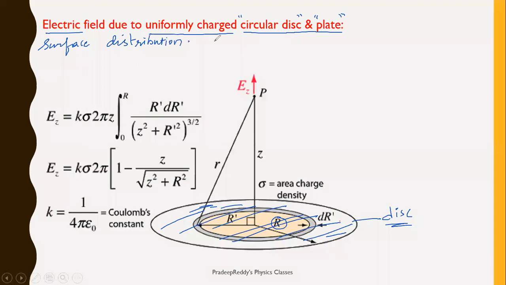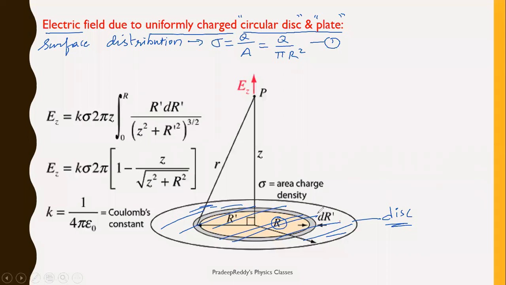In case of surface distribution, we will be using sigma, which is equal to the total charge capital Q divided by its area of cross section, A. As it is a disc, the area will be equal to Q divided by pi r square, right? This is equation number 1. I'll explain the procedure and derivation part directly. I have taken it here in the slide. I'll explain the procedure. You try to work that out in your classwork.